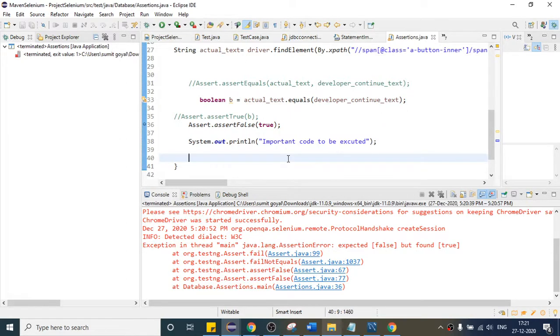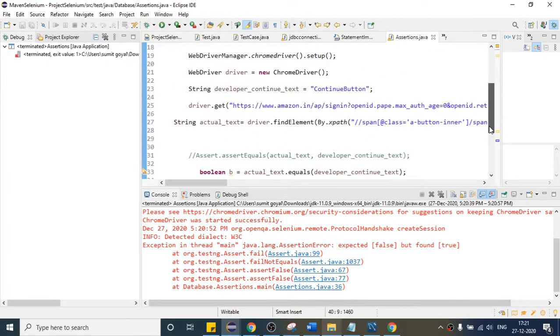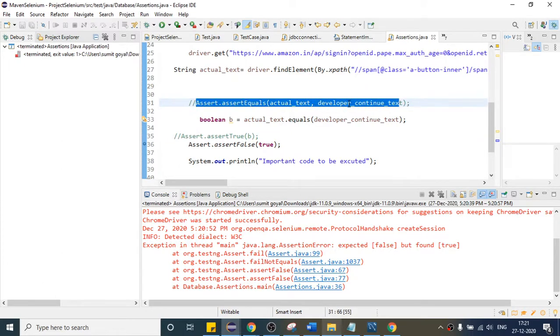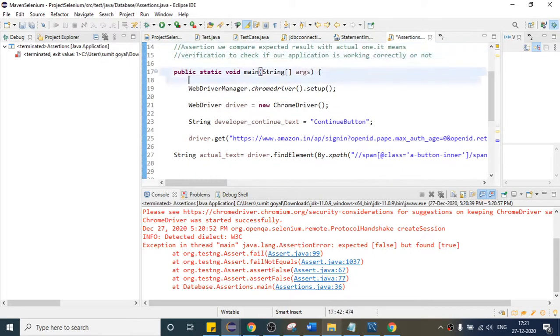So I will not use this kind of assertion. Whatever assertions we have discussed, which is this one, this one, this one, and this one, right? Because if I am writing like this, suppose I do it with this instead of this one, and again I write, again it will fail.